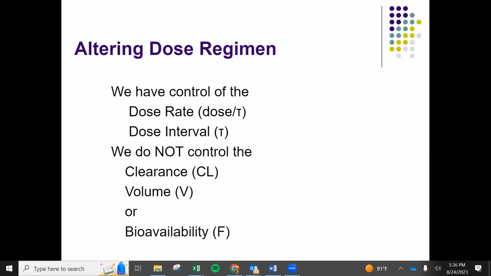Right. So, just to continue, now that we know how to determine if we need to make a change in dose rate or dose interval,